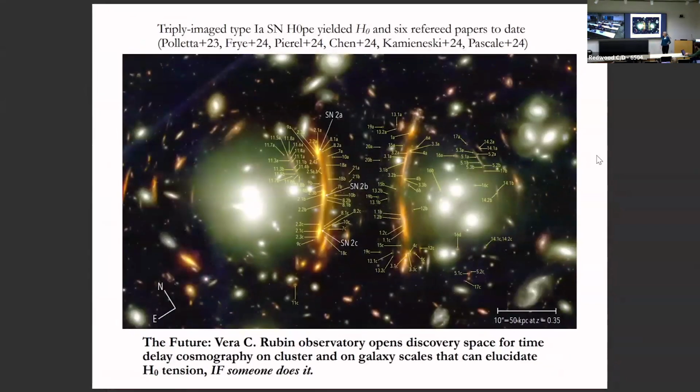And that's all. I just wanted to put up this final picture of the cluster and all the different arcs and the supernova, and say that the future here looks really bright. Rubin Observatory opens up the discovery space for this type of work. This is only the second time this measurement has been made, and the first time ever using a type 1a supernova. So if there's any interest to talk further, I'd love to plan more, looking forward to Rubin. Thank you.